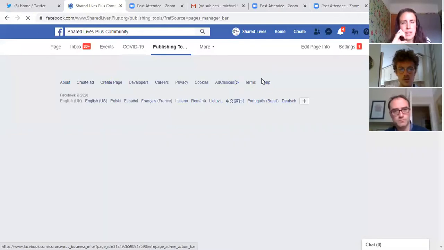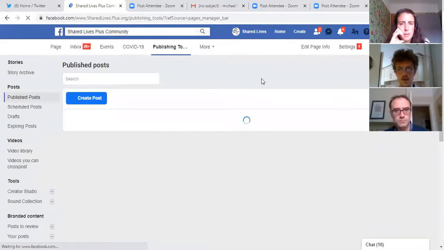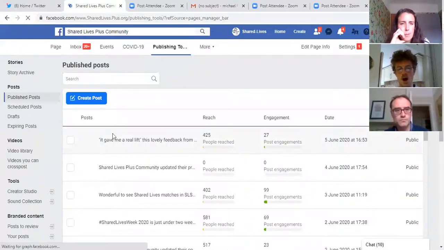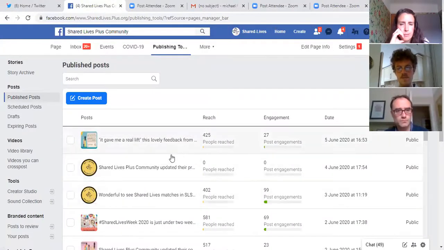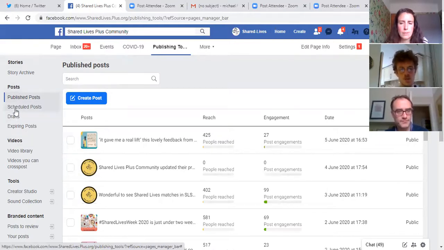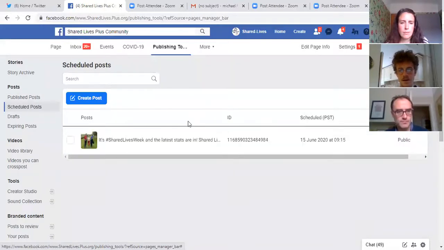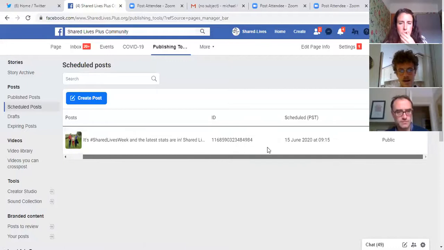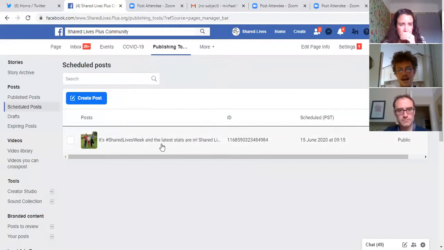Now, when this loads, scheduled posts. Yeah, so here on this page, we can see posts that we've already published. But if you go over to your side column here with different options, underneath published posts, there's the option to click scheduled posts. If you do that, you'll be able to see that here, that's in the bank, as it were, and it's ready to go. And you can see the time that it's ready to go there. Always worth double checking this, because it's easy to make a mistake on the 24-hour clock format.